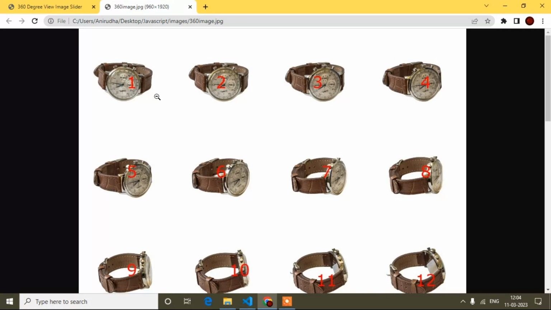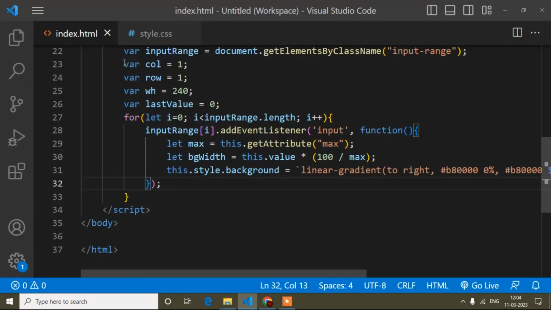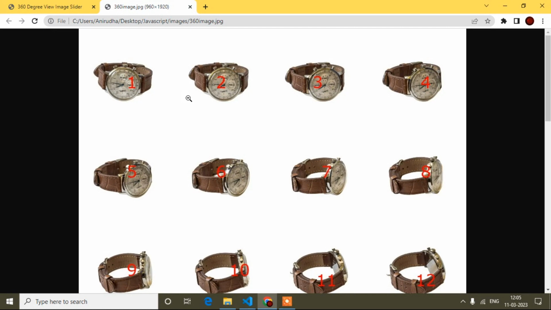When I move this range slider, column goes 1, 2, 3, 4. Once 4 is completed, one row will increase. Here I wrote column and row, right? So now it will be needed. Row and column will increase one by one while I move the range slider.